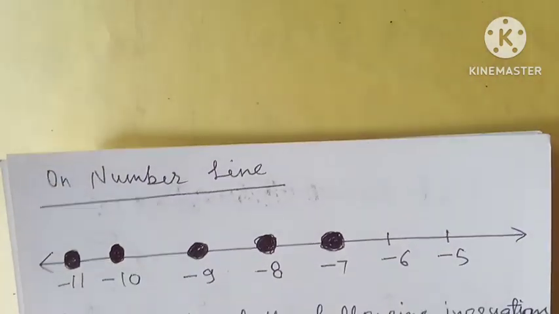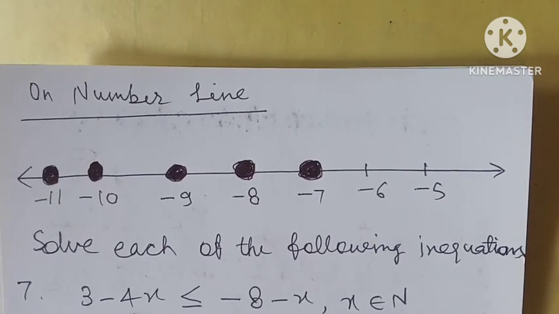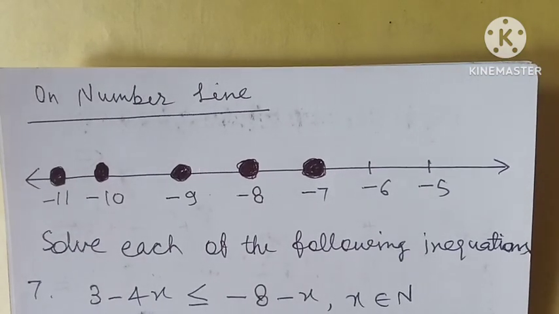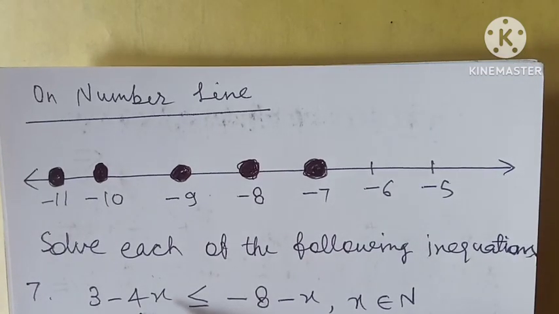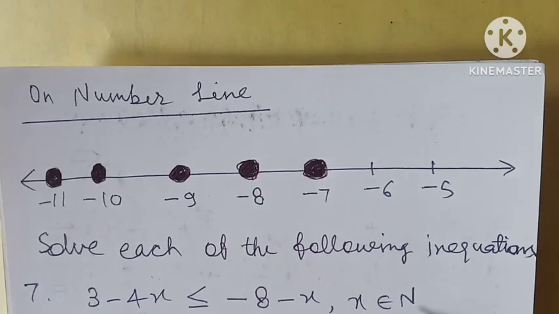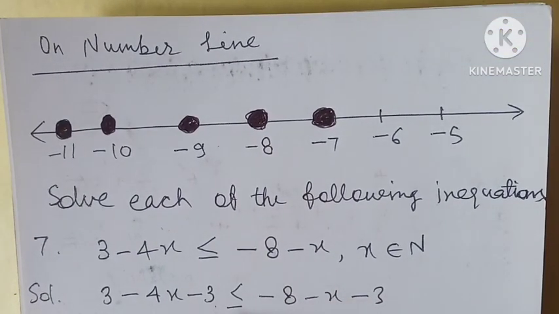So let us proceed to the next question. Here the question is solve each of the following inequations, and the inequation is 3 minus 4x is less than or equal to -8 minus x, where x belongs to N. For that,